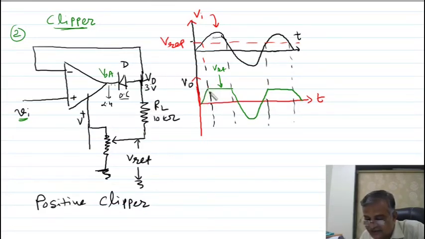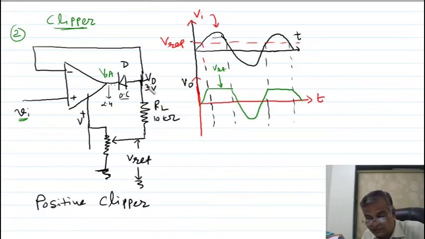Up to this, you can see, VI, meaning VOA, is less than 3 volt, so this diode is in forward bias. As a result, current will flow and voltage is developed. As VI increases, VOA increases: 0, 1, 2, 2.3, 2.4. Up to 2.4, which bias is this? Forward bias, so current will flow, and you will get the waveform during this interval.